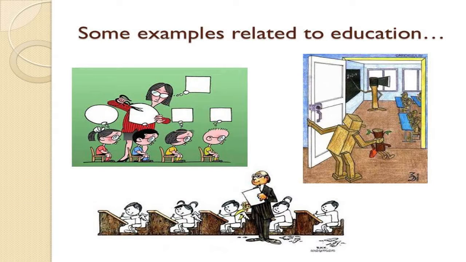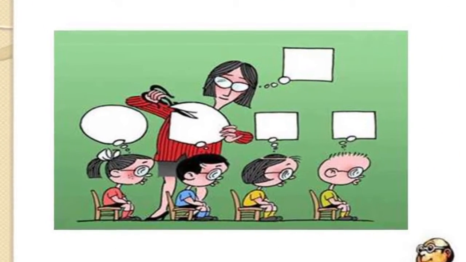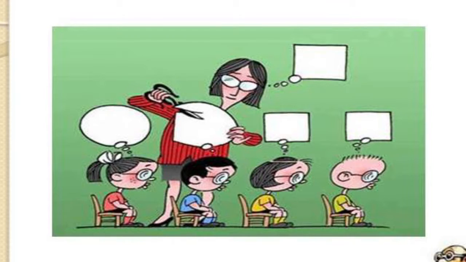what we see. Now that we are talking about images, just to give you an example of how they are not transparent and they can communicate more, let's take a look at some examples related to education. We are going to see now on screen some images that are worth considering. Take a look at the first one. What does this image tell us about education? Is this the way parents, for example, think of the school, think of the teacher in particular?